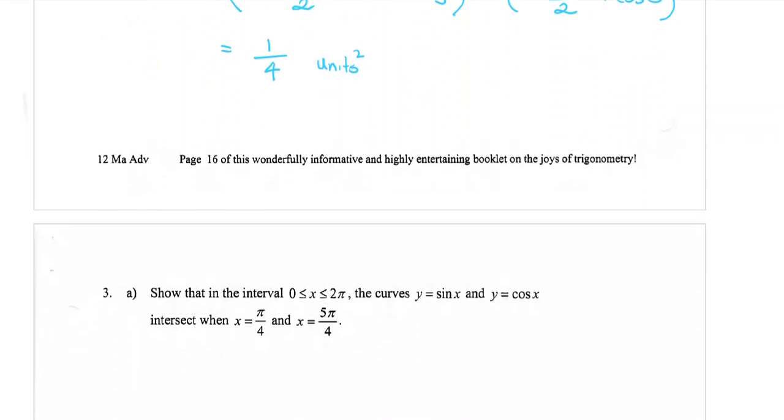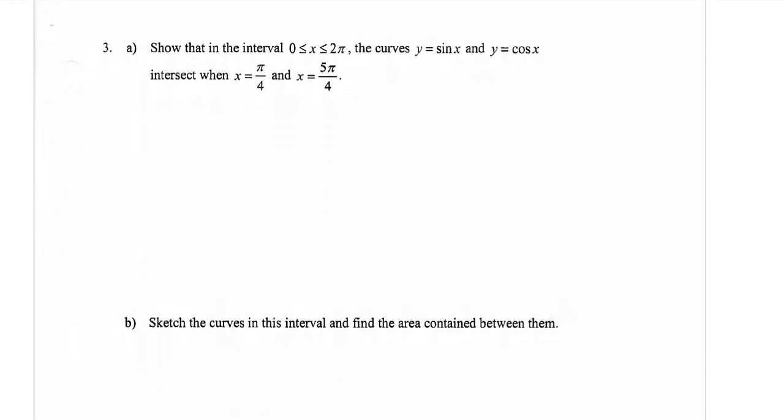All right, question 3, last one of the booklet. Show that in the interval between 0 and 2 pi, the curves y equals sine x and y equals cos x intersect at pi over 4 and 5 pi over 4. This time I can actually do it algebraically. Woohoo! I don't like the guessing methods, subbing stuff in. I like algebraic stuff. So if I want to solve these equations